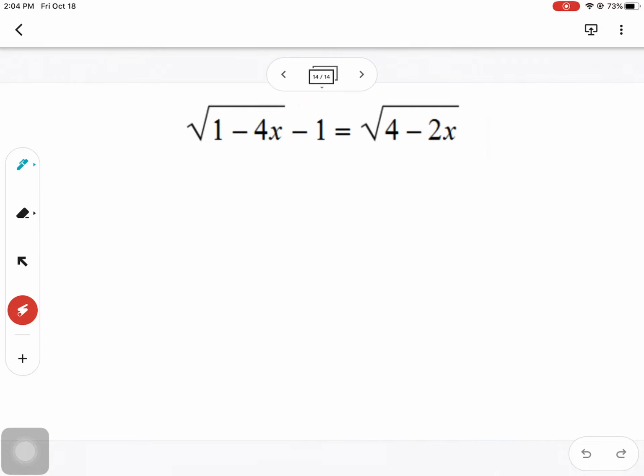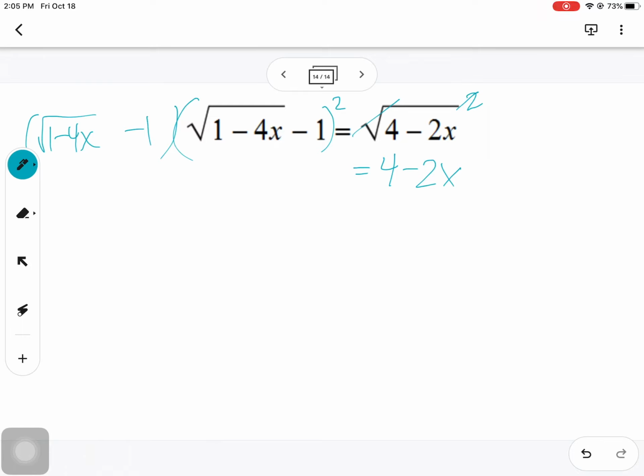So we are actually going to clear our radicals kind of slowly, really one at a time. What I'm looking at right now is that this radical is isolated, and so I'm going to square both sides to get that radical on the right-hand side to go away. So while that's all nice and pretty, I have to FOIL this. Since it's squared, I'm going to write it out twice,